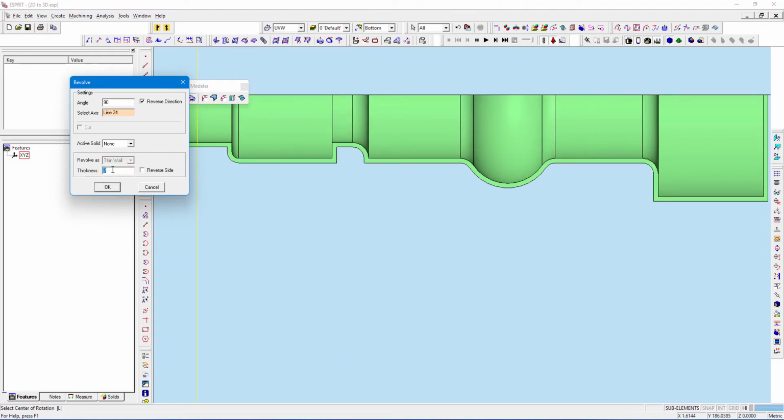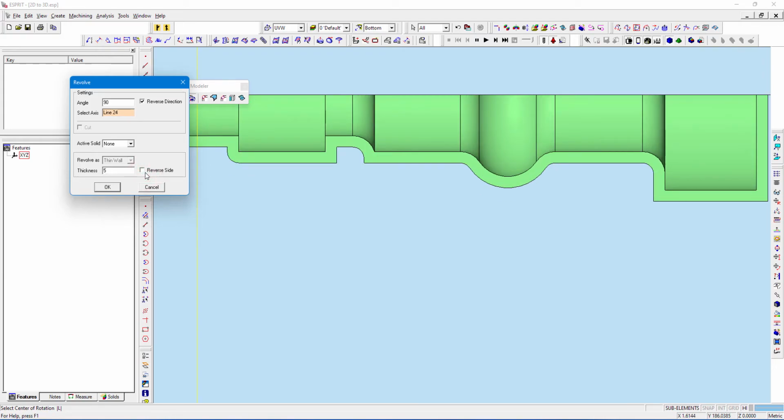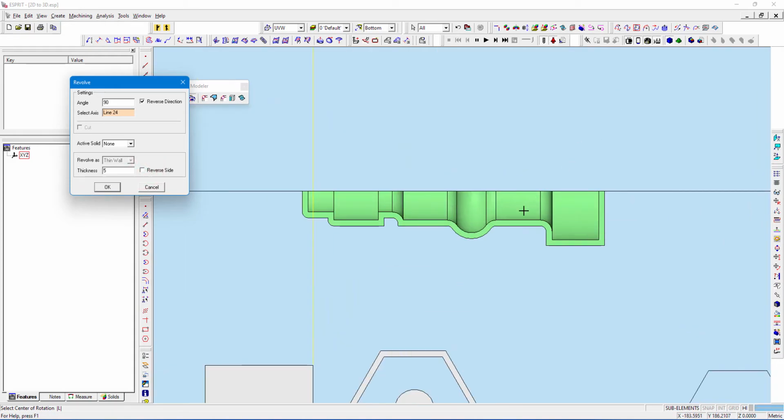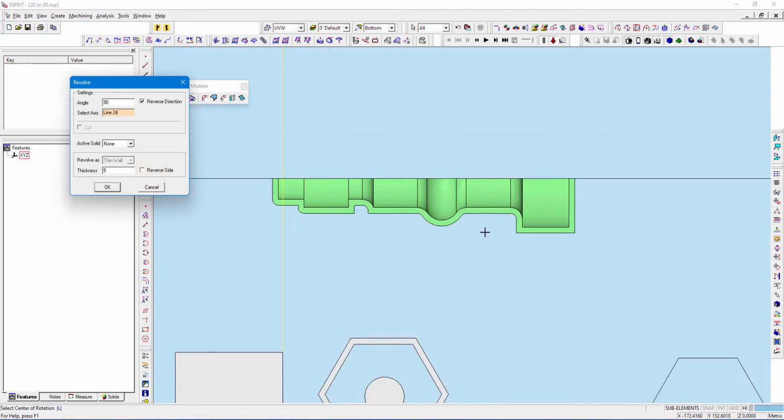If you need to increase the wall thickness, you can increase it, and in the same way you can have a reverse side or outer side. I'll leave it as from the sketch it should be inside, so I just leave it. If you want outside you can get it, but there may be a chance of collision in this design, so I avoid it.